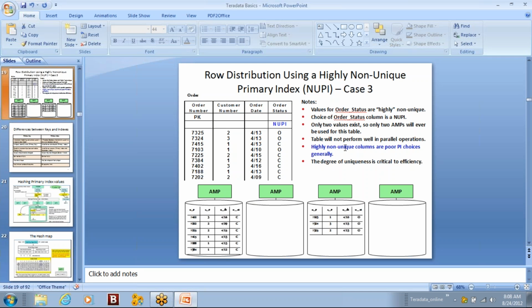Okay, so we have to choose a primary index which can give the best distribution of the data, and then we have to consider, are we going to use that column in the select clause or not. Okay, if both the criteria are met at a single column, that is the best candidate to be chosen as a primary index. Otherwise, we will give priority to the distribution, and then we will follow the other techniques like secondary indexes and join indexes for the secondary accessing of the data. Okay, we'll see those concepts very soon.